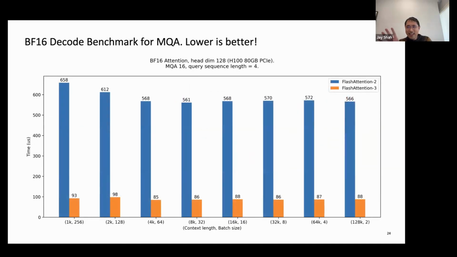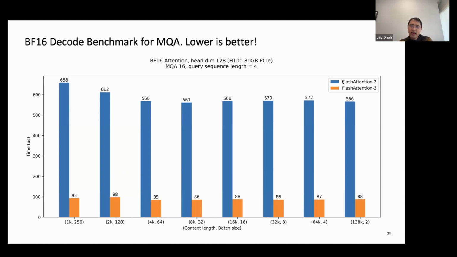And I want to highlight now, advertise maybe, a certain improvement that we discovered for FA3 with inference. So let me first look at this chart. With BF16 data type, and in a multi-query attention setup where I have 16 query heads and 1 KV head, I can find a dramatic improvement over flash attention 2 in a memory bound regime. So where the query sequence length is a lot shorter, as it is for decoding, than the context length. The context length and the batch size is listed on the bottom x-axis.